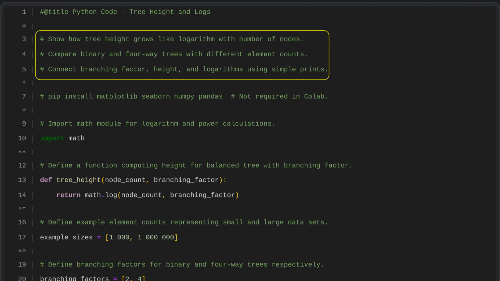By examining how many levels are needed to hold a given number of nodes, we can connect the branching factor, the tree height, and logarithms. Simple printed outputs can illustrate how increasing the branching factor reduces the height for the same number of elements, highlighting